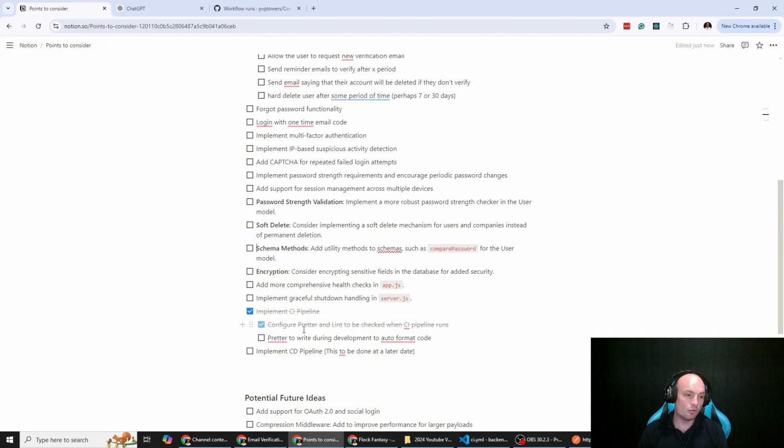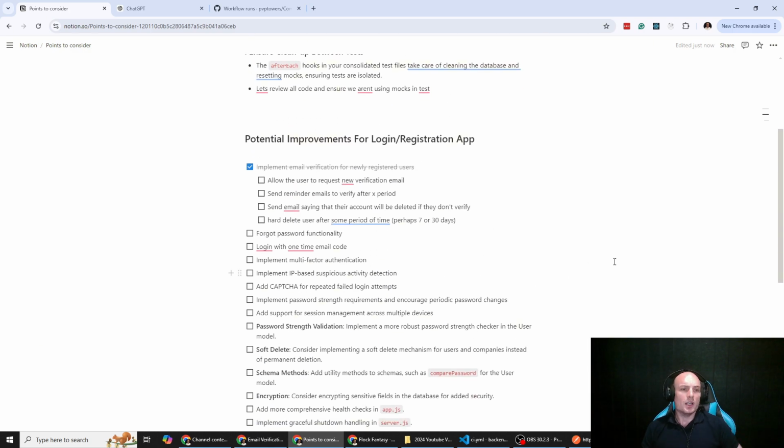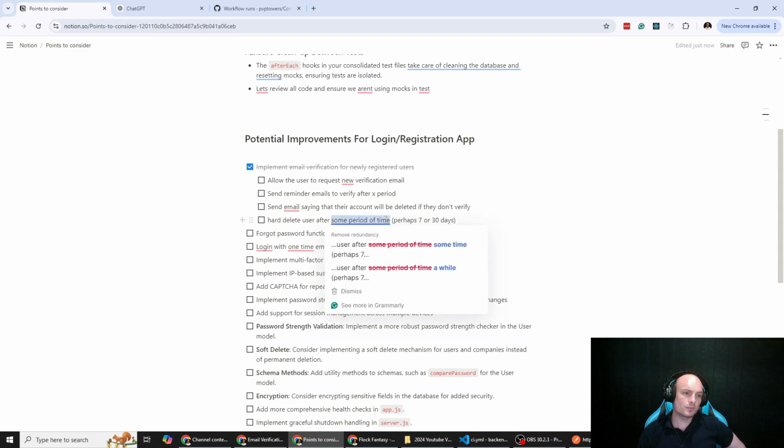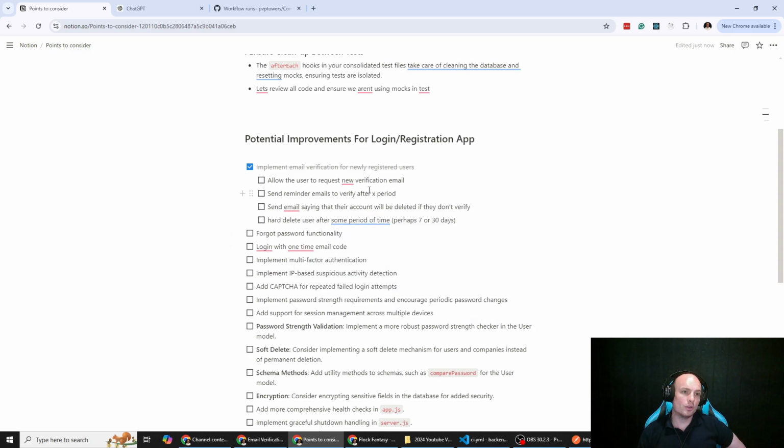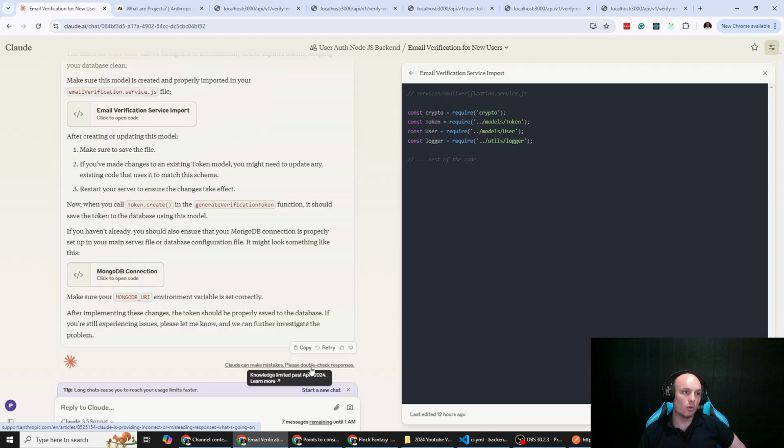So in the last video, we configured Prettier and lint to be checked when the CI pipeline runs, and we set up Prettier to write during development and to auto format our code. I want to stick with our email system and add some of this functionality as it relates to verifying emails and allowing users to request a new verification email. So what we're going to do is go over to Claude and go back to our project,